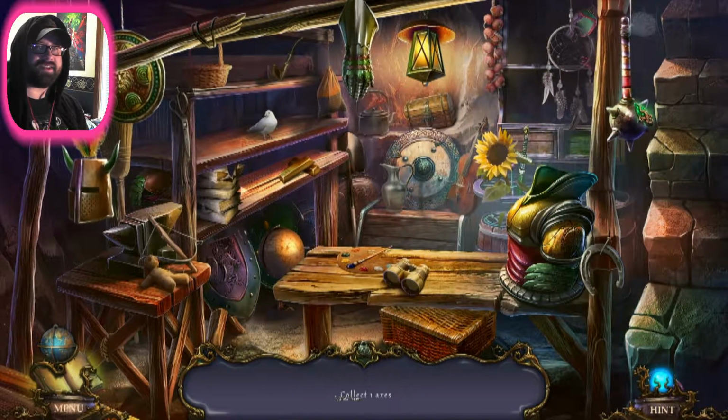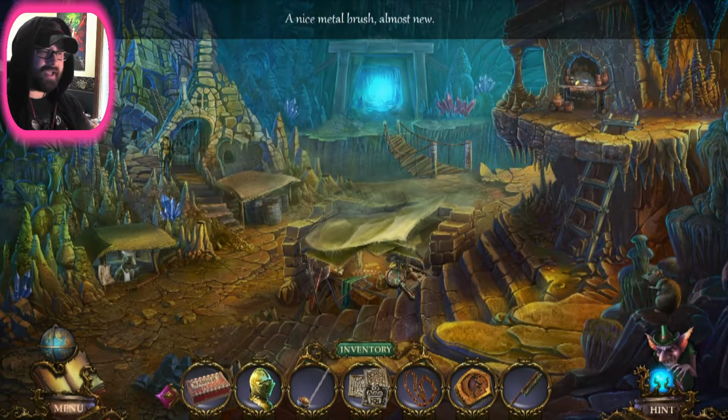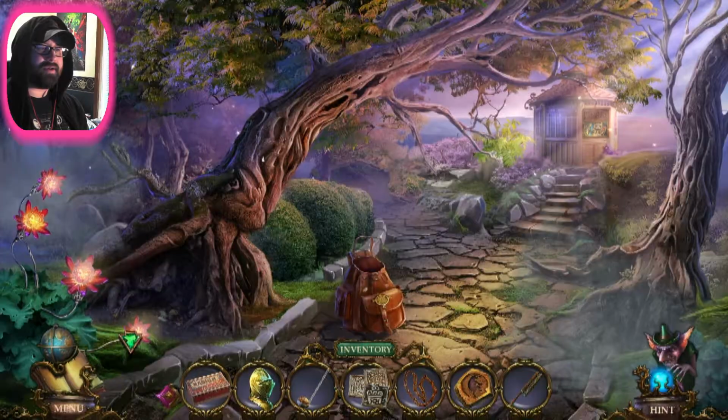Apparently that doesn't count as an axe. That's a mace, I guess. And we are given a metal brush. Excellent. Now, before we do the next thing we need to do, we actually need to travel back quite a ways. Back,